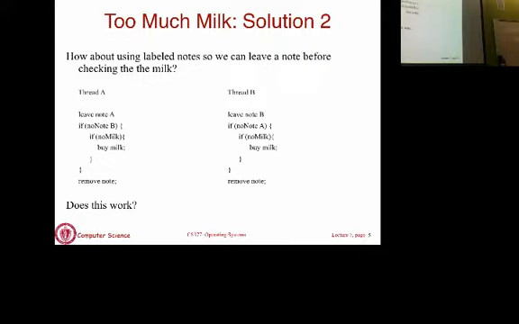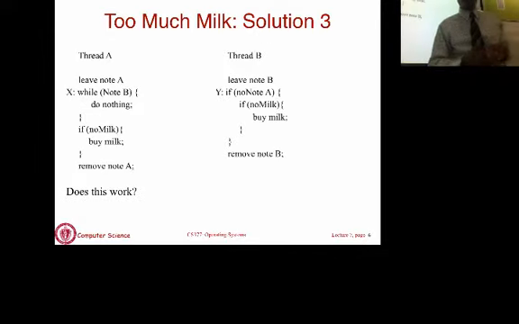So now we'll go on to yet another solution. Okay, we are going to take the same code we had in the previous slide and generalize it a little bit. Thread B has the same code. You leave a note, check for the note from the other thread, and if there's no milk, buy milk, and so on. Okay? In this case, we are going to add a statement. You leave a note, and while there is no note from B, you are going to sit in a loop. And then once your loop exits, once you see a note, then you are going to check if there is no milk and you buy milk.